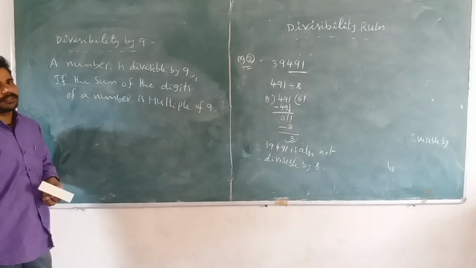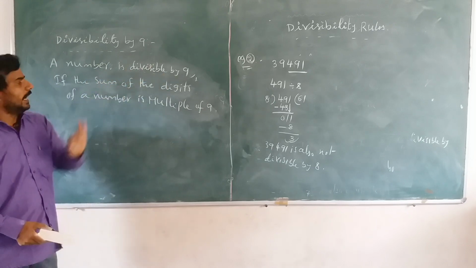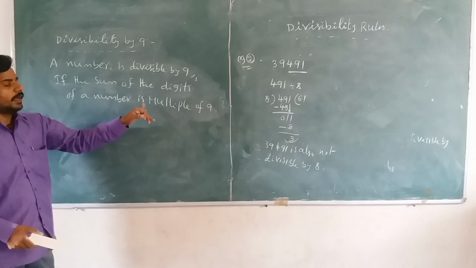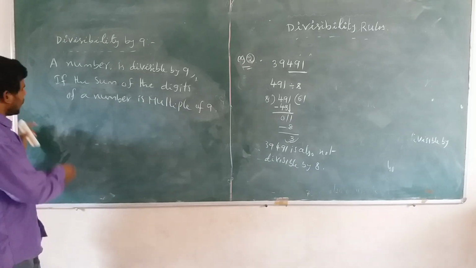Then the given number is also divisible by 9. Once again, children, a number is divisible by 9 if the sum of the digits of a number is a multiple of 9. So, example: